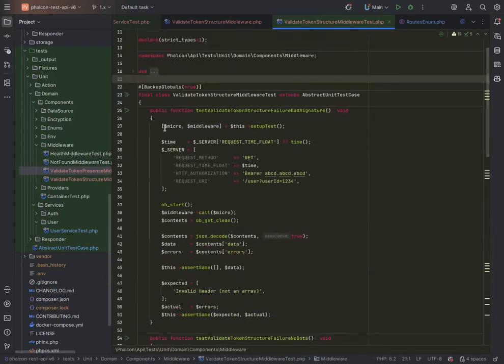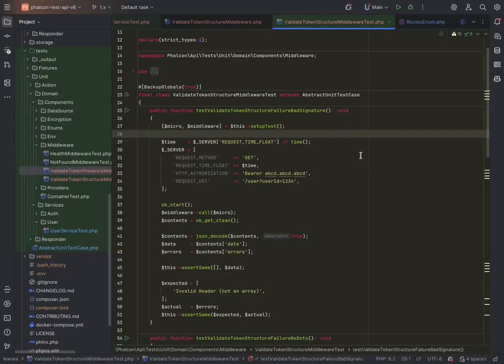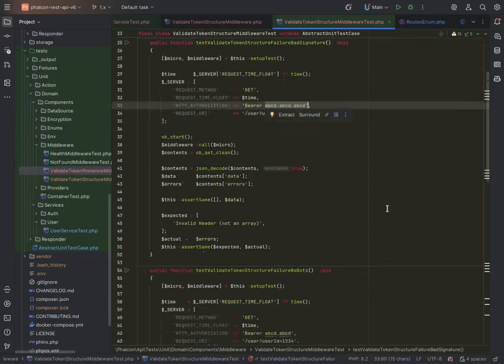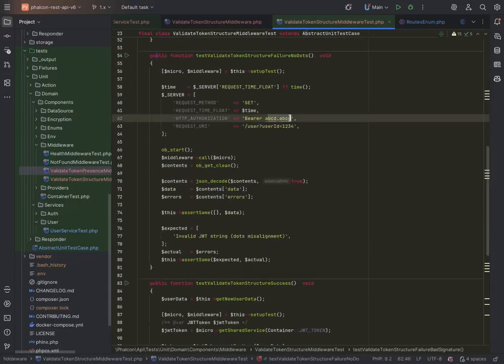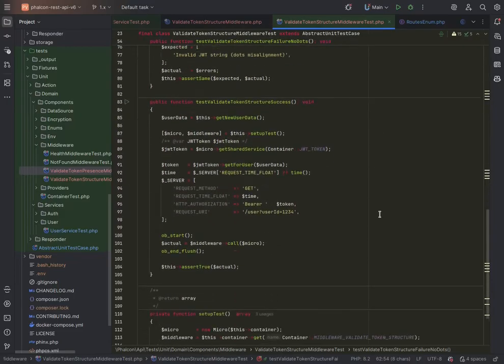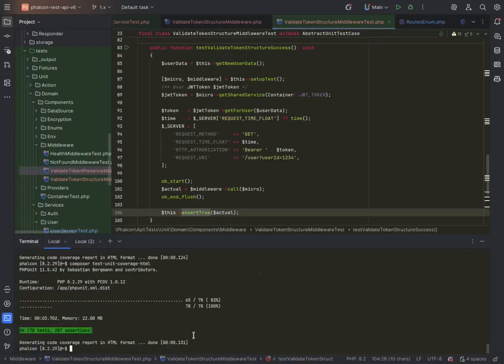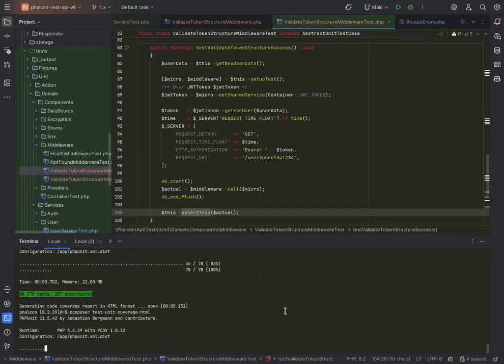Okay, so we're getting these two variables up here. We're playing a little bit with the server variables, and then we're calling the middleware. And depending on what we have sent, it will respond. So if we send this, it will respond not an array. If we send this, it will send you dots misalignment. But if we create an actual token, then we expect that the middleware will return true. So if I run the tests again,